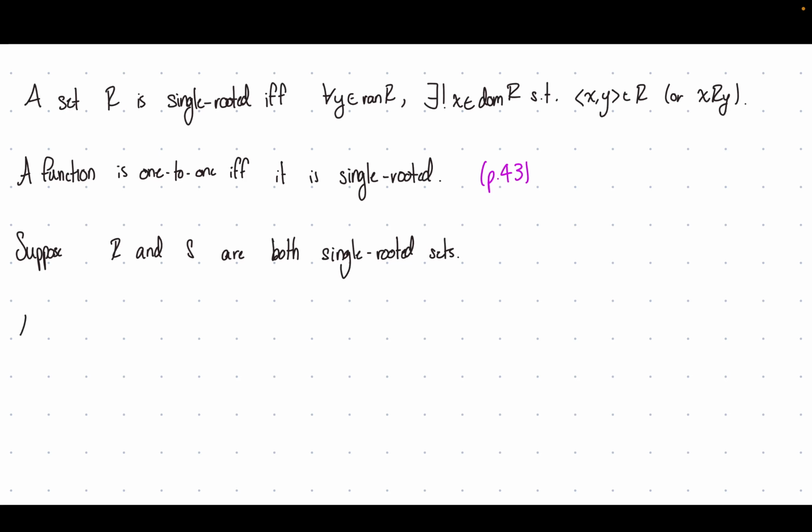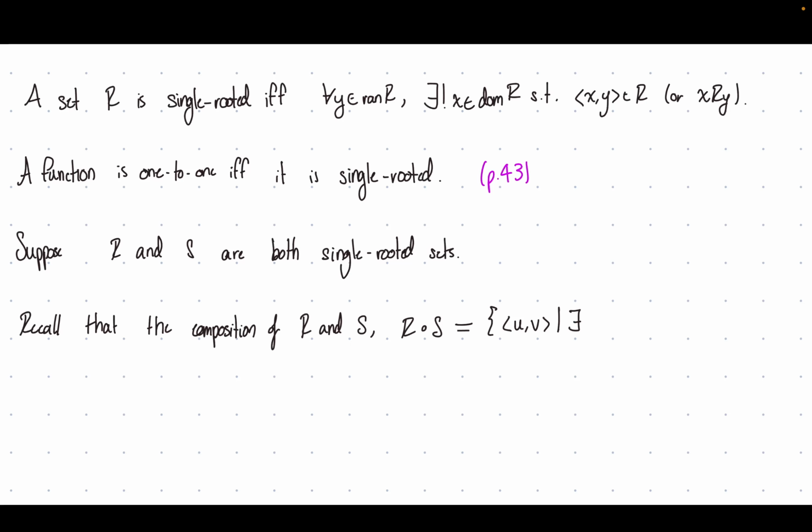So let's recall that the composition of R and S, denoted by R circle S, is going to be equal to the set of (U, V) such that there exists some T such that